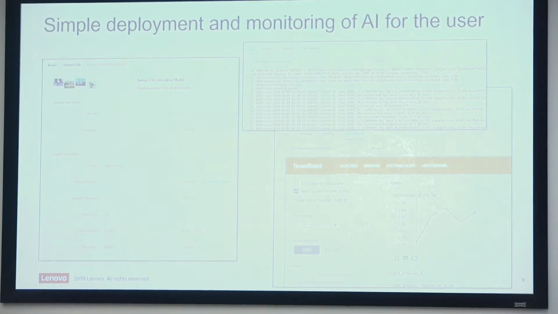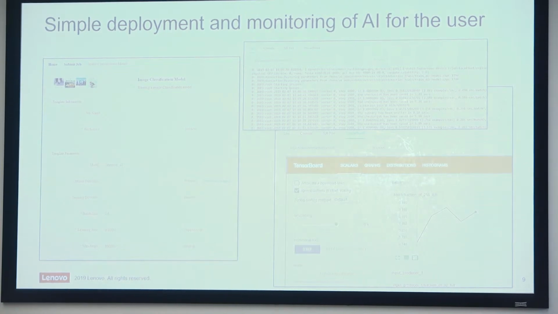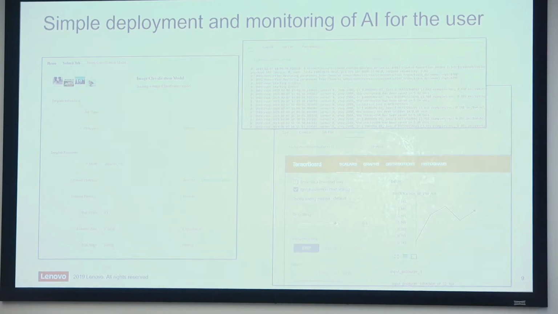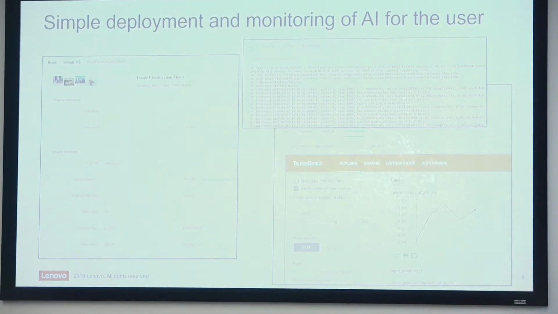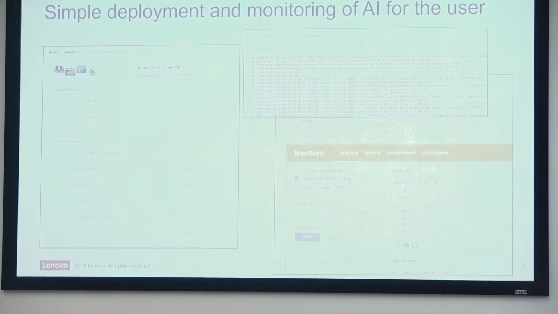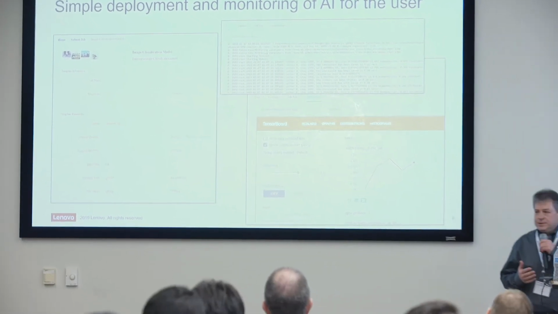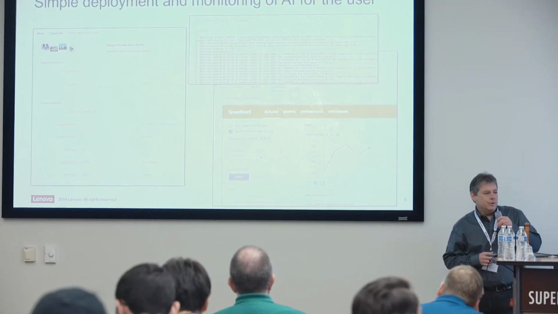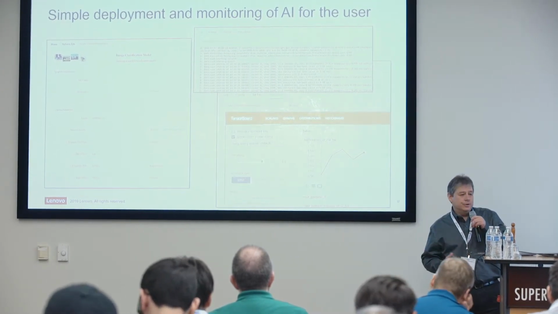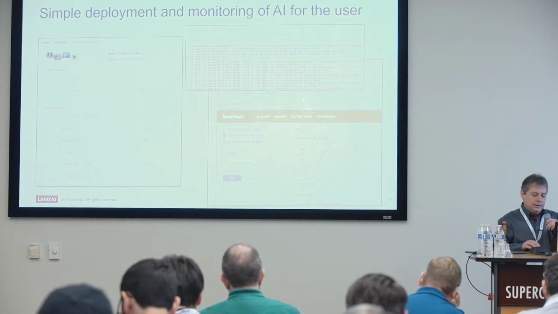For the AI user, we are building additional functionality in here because they have slightly different demands than we typically see in HPC. But the concept's very similar. Make it as easy as we can for them to not have to understand what's underneath making things work. Let them get to work. I don't really want the high-priced data scientist spending his time doing software configuration or learning how to use a cluster. I want him doing his data science and deploying his jobs, getting his results, working on his hyperparameter tuning and things like that.